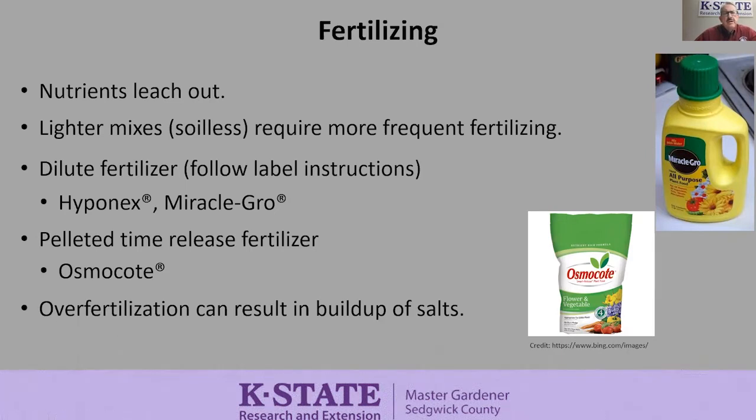Somebody was probably going to ask this, I think, but is there a way to test soil in a container, a potting mix soil? You don't do it the normal way of testing soil, but there is something called a pour through method. It's also called pour through extraction, but the key words are pour through. I'm not going to go into too much detail on it, but that is a method for measuring or testing your potting mix. And what it involves is taking